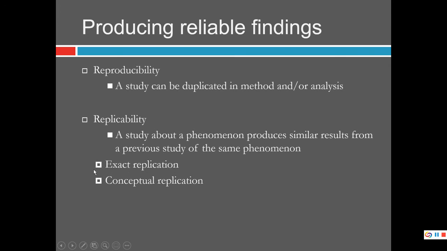And there are different kinds of replications that you can run. Exact replications are using all of these same exact materials from somebody else and trying to do it literally exactly the way they did it. Same instructions, same measurements, same analysis, everything's the same. Conceptual replications are a little bit different. They're kind of like extending and making analogies of different findings.